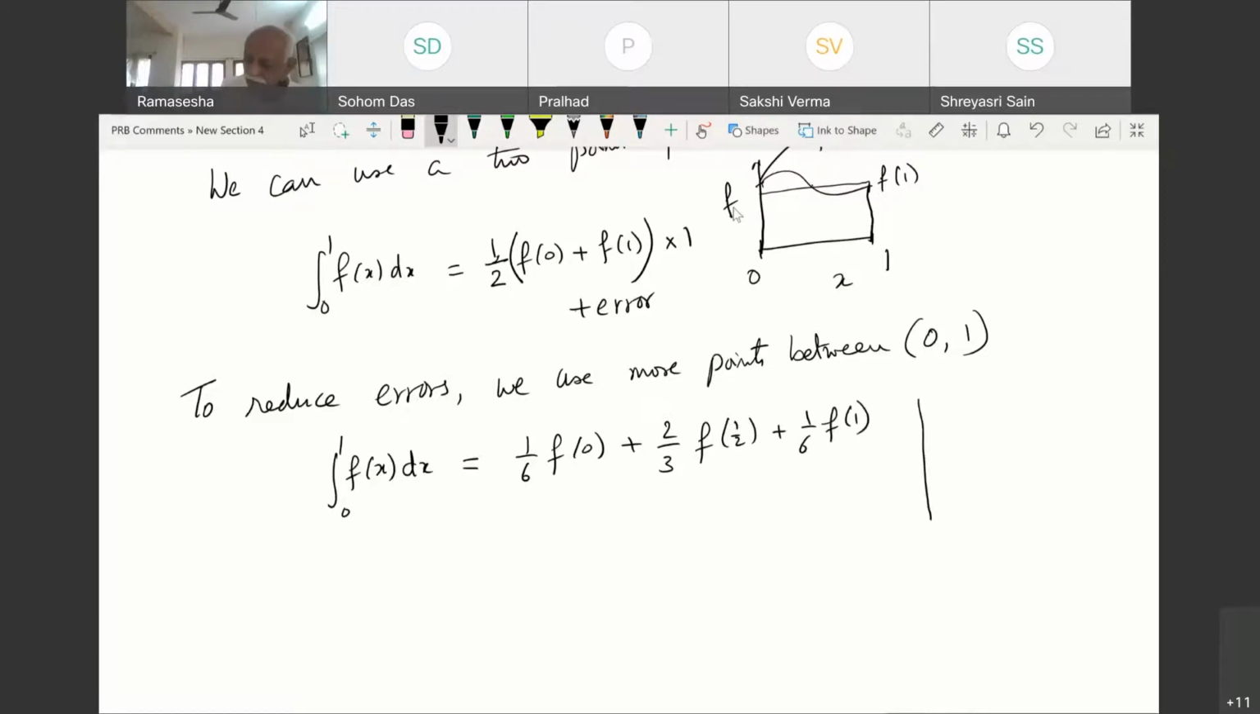What we have done is the following: from 0 to 1, you have taken half, and you have a function like this. You treat this as trapezoids, take the areas of these trapezoids, and add them up. In general,